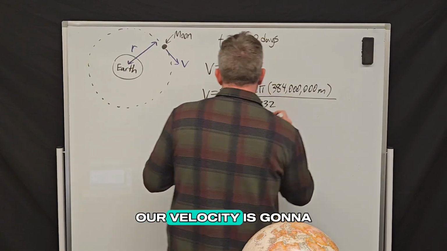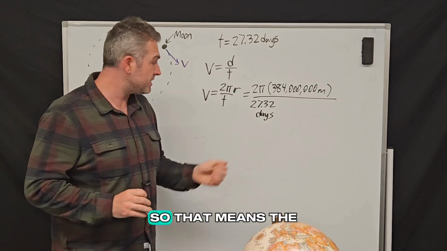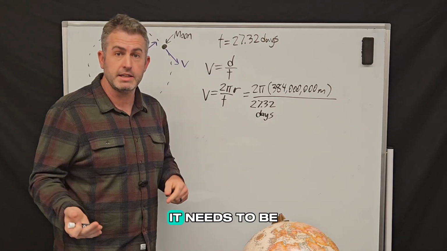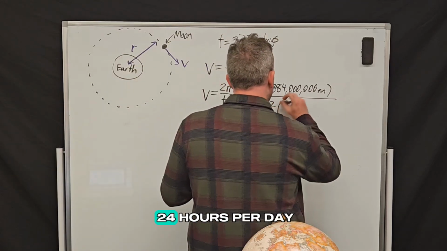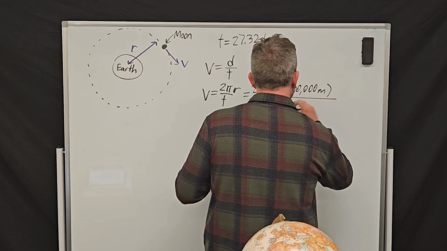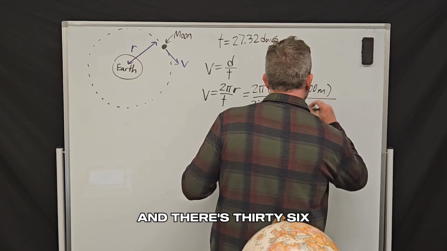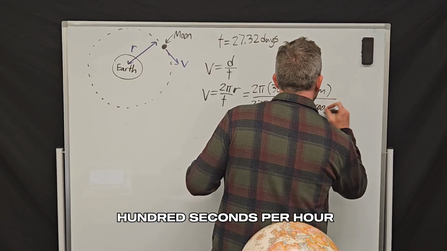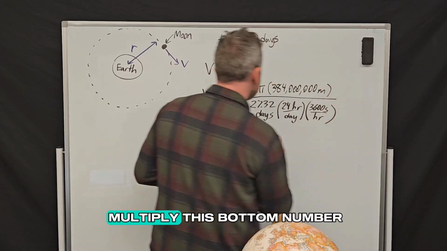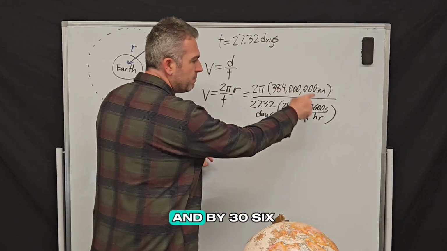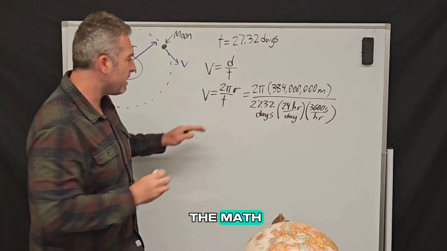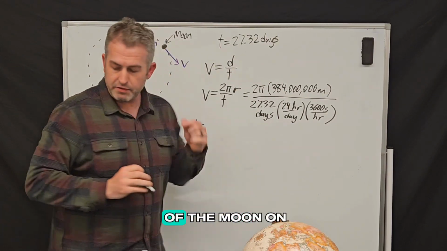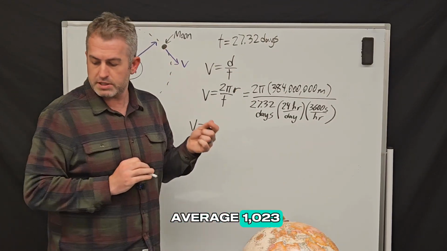But remember, our velocity is going to come out in meters per second. So that means the unit of time can't be days. It needs to be in seconds. So there's 24 hours per day, and there's 3,600 seconds per hour. And so if we multiply this bottom number by 24 and by 3,600 and do all the math, we get a velocity of the moon on average of 1,023